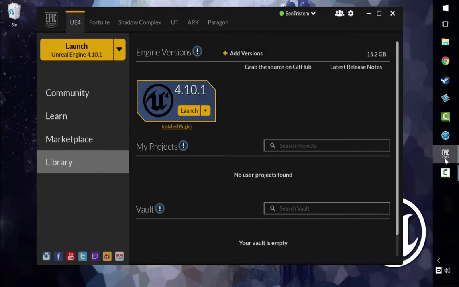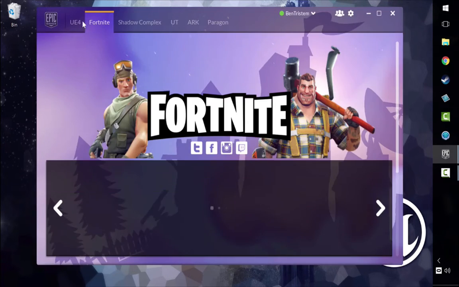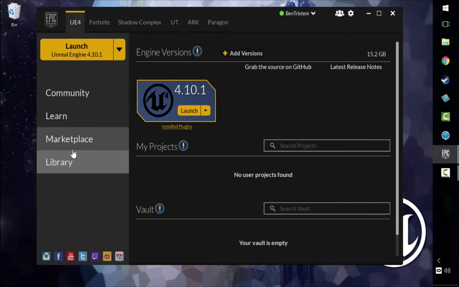So here we are back at the Epic Games launcher. Hopefully by now your Unreal Engine has finished downloading. If it hasn't, it'll be telling you here and slowly filling up this logo with black from the bottom to the top. Now, if you can't see any of this, then firstly check you're on the right tab. You may be on one of these other tabs along here. So let's make sure we're on the UE4 tab and that we're in the library section of the UE4 tab,